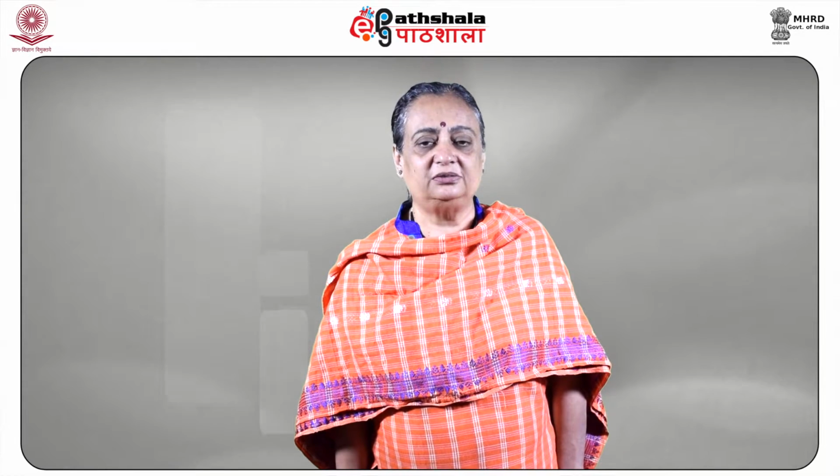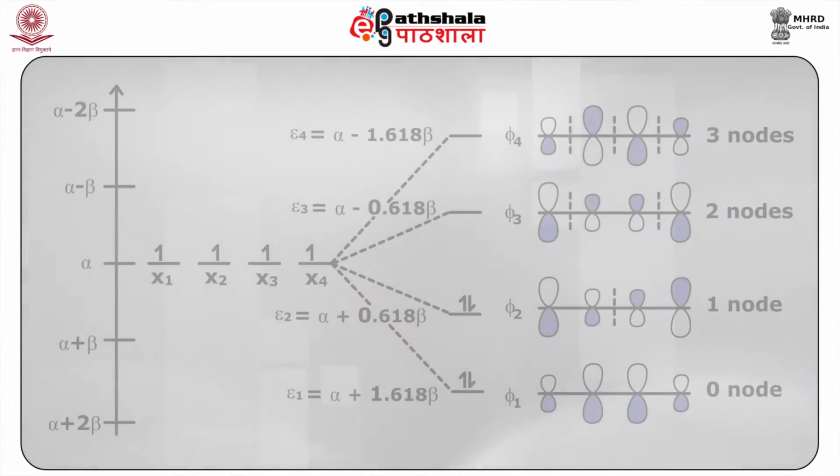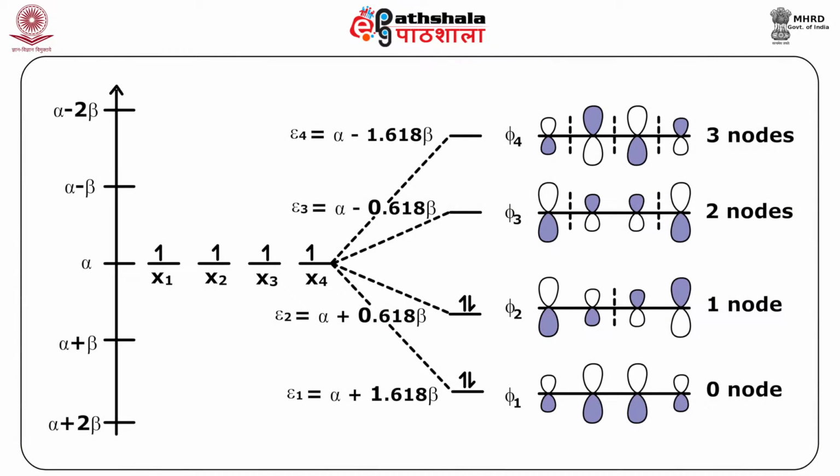So, you can assign the irreducible representations to the MOs using their symmetry properties. Without even doing an HMO calculation, you know that the number of nodes in the wave functions is n minus 1 according to the particle in a box model, where n is the MO number. So you look at this, you will find that there is 0 node for the n is equal to 1 orbital. For n is equal to 2 MO, there is 1 node, 2 nodes for n is equal to 3